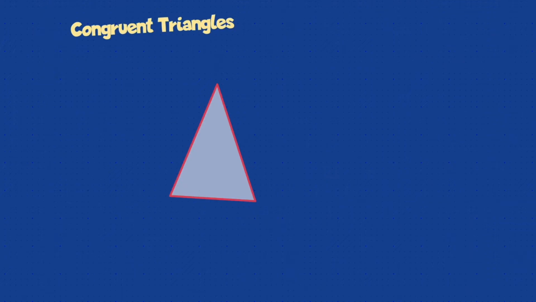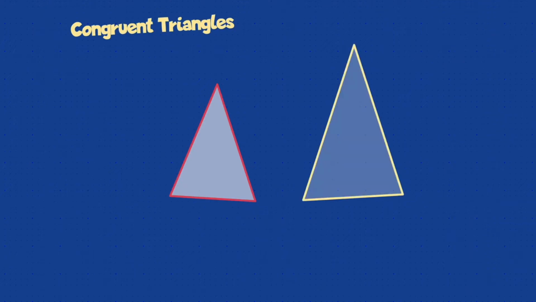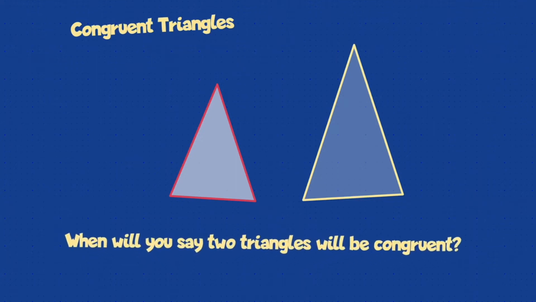Let's see what we can study in triangles. First, we'll start studying what congruent triangles are. So I'll ask you a simple question. How do you explain to a child that two triangles are congruent? Explain it in the simplest possible way, not by any tests. So let me draw two triangles for you. When do you say that this red triangle is congruent to this yellow triangle? When will you say that these two triangles are congruent? What is the easiest way?